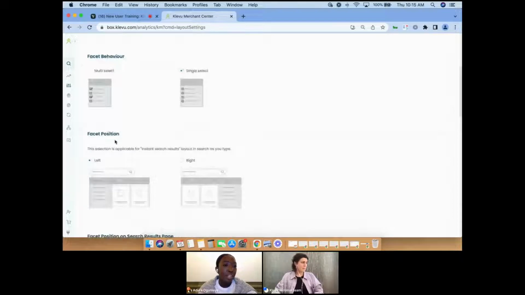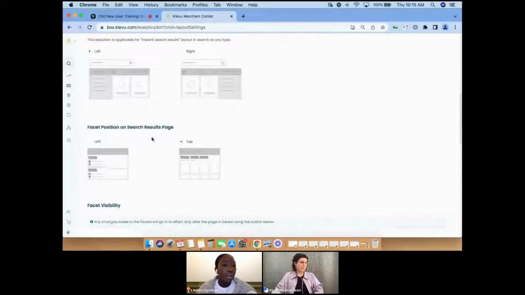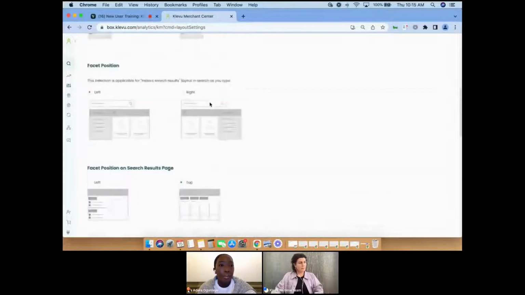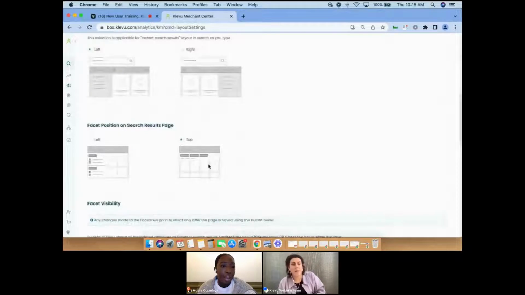Right under facet position, you can choose exactly where you'd like your facets to position within the overlay. More commonly, you'll see it on the left as displayed here, which is the default, but you have the right as an option as well. Under facet position on search results page, you can position the facets to the top. I think actually we saw that in the overlay option under the first tab, or you can do it again off to the left here